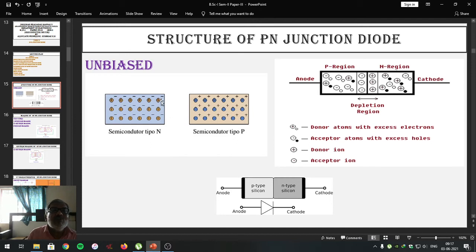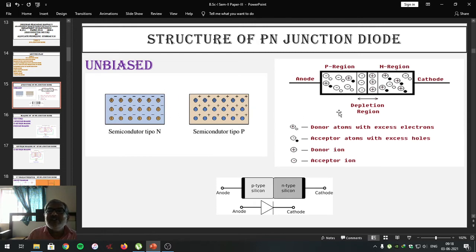When one electron moves from N type of semiconductor into P type of semiconductor, a negative charge is removed. So, a positive ion is going to be generated very close to the junction. Analogous to that, when a hole moves from P type of semiconductor into N type of semiconductor, a negative ion is going to be generated very close to the junction.